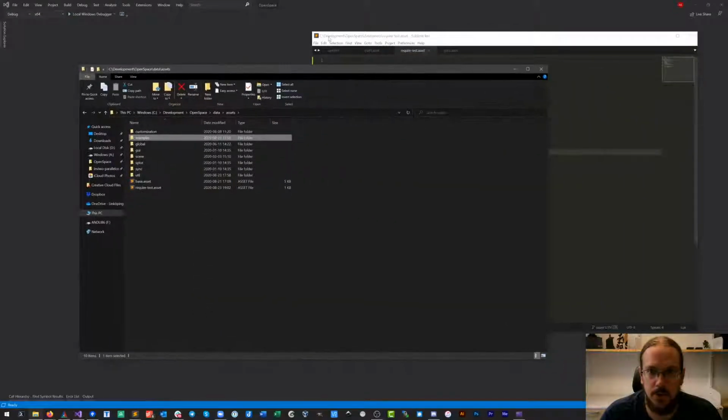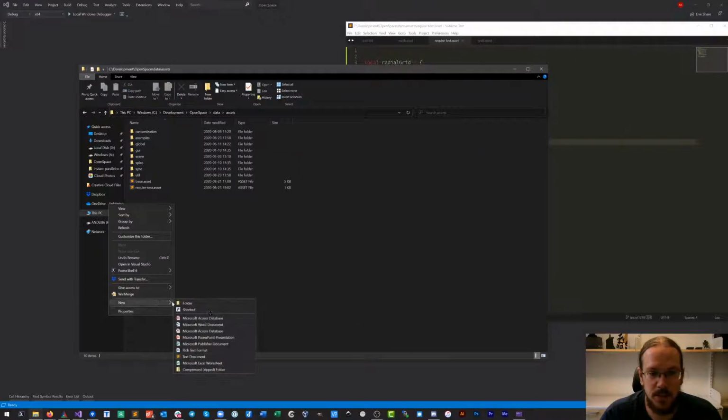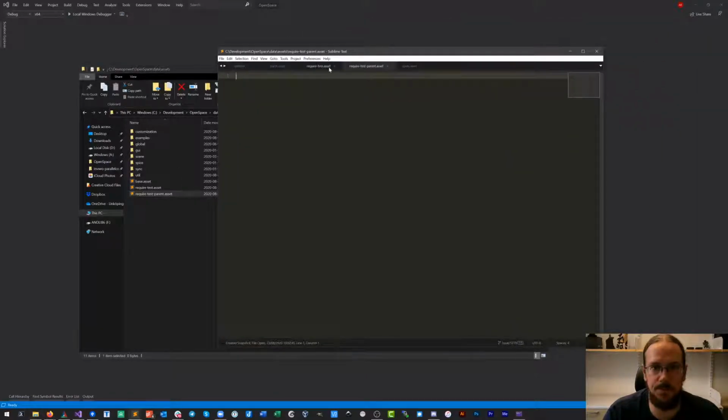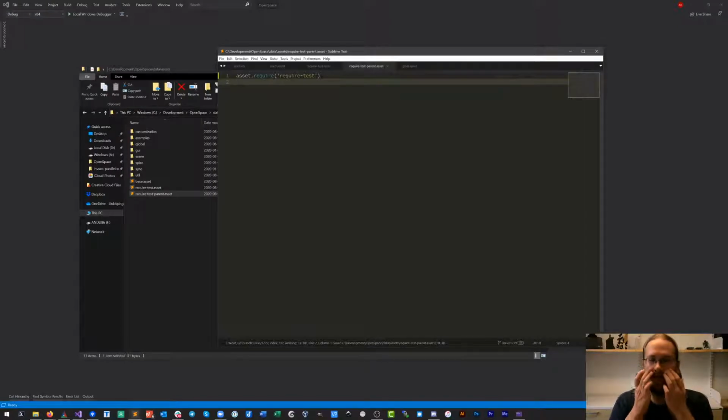So if we want to continue along this, we would say require test parent. And for this, the only thing that we want to do is to require the current require test that we were just looking at.